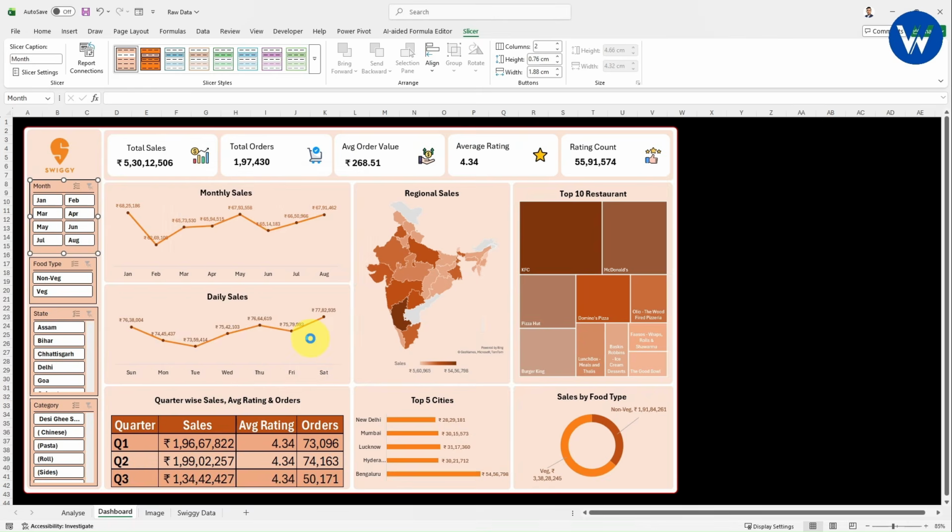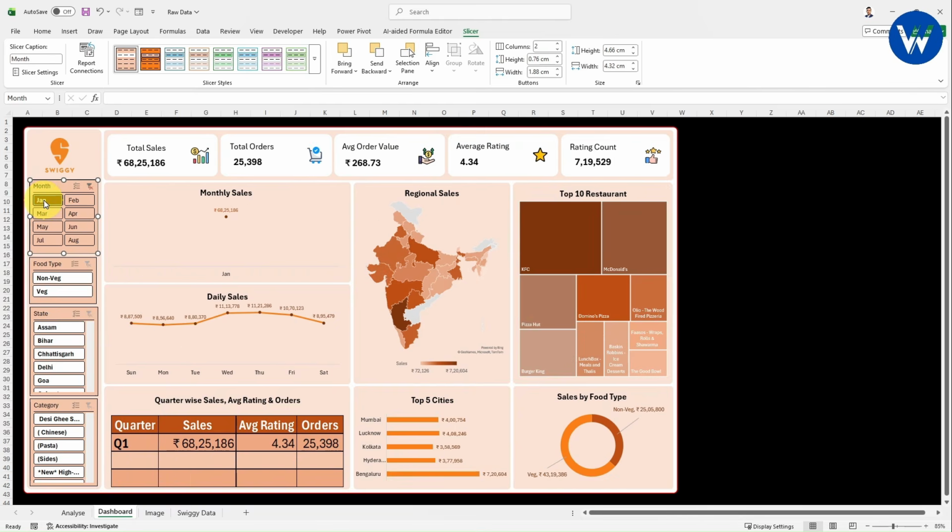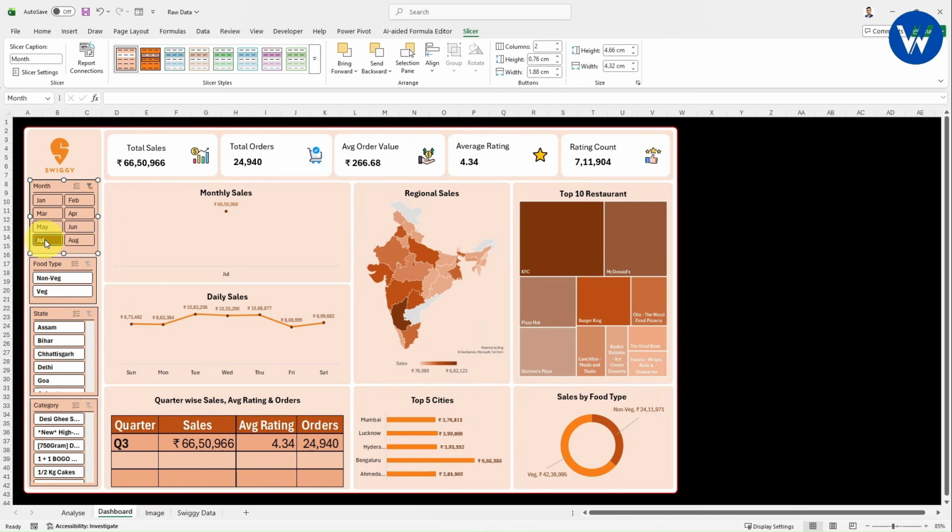Now let's click OK. Now just to look at the magic, guys. Once I click on January month, wow, it's completely amazing. You can see the reflection inside the dashboard. All the visuals will update month-wise, right? But if you notice carefully inside the monthly sales visual, you will get only that particular month, right? If I click on July, you will get only the July.